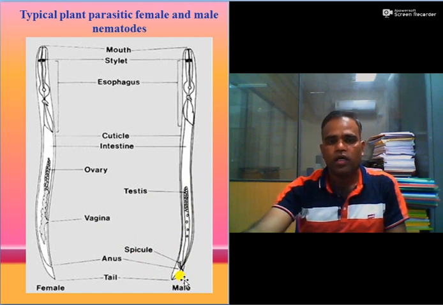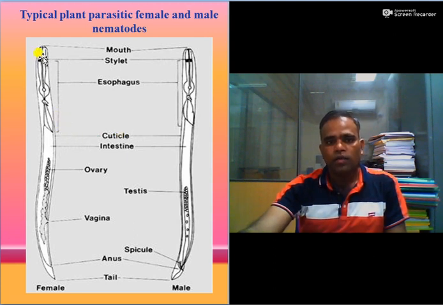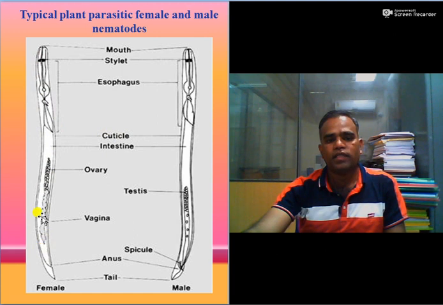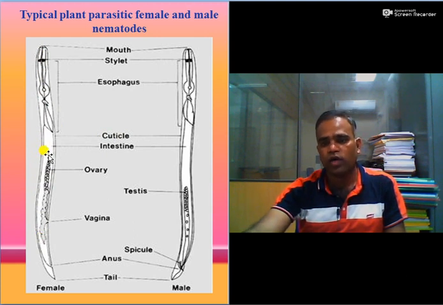One more thing I want to pinpoint here, that here is one outer layer which is present on the nematode and it is called cuticle. It is a highly sclerotized structure and it is called the outer body tube of the nematode. Second, from the stylet to the anus, all the other systems are suspended inside the outer tube and this is called the inner tube of the nematode.